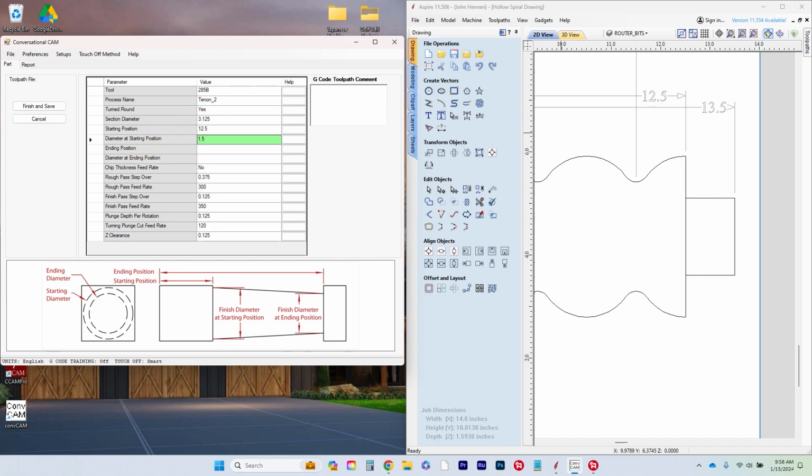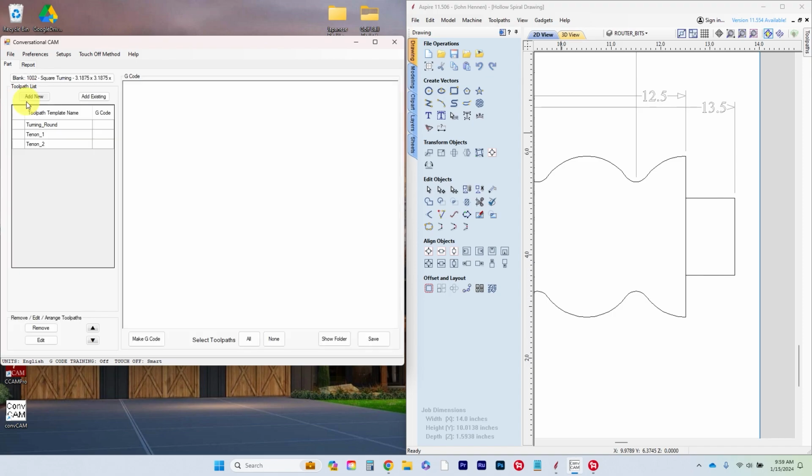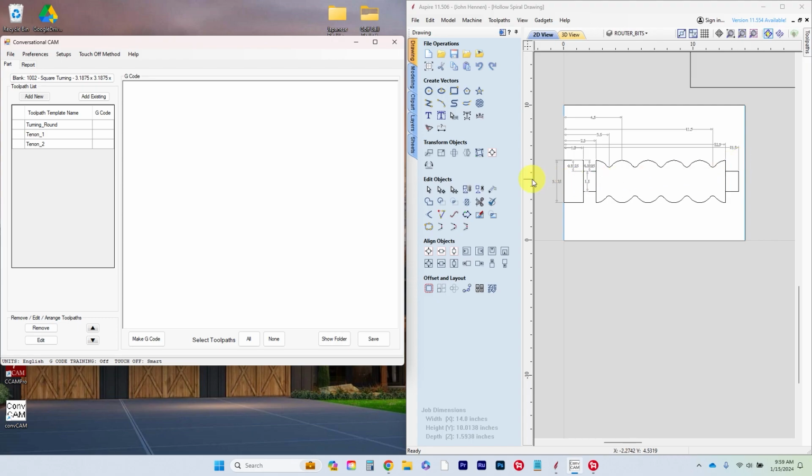Diameter 1.5, end position 13.5, diameter 1.5, and finish and save. So now we've just generated both of our tenons and our turned round part. Next thing we're going to do, the final step in making a barley twist candlestick, is putting the barley twist